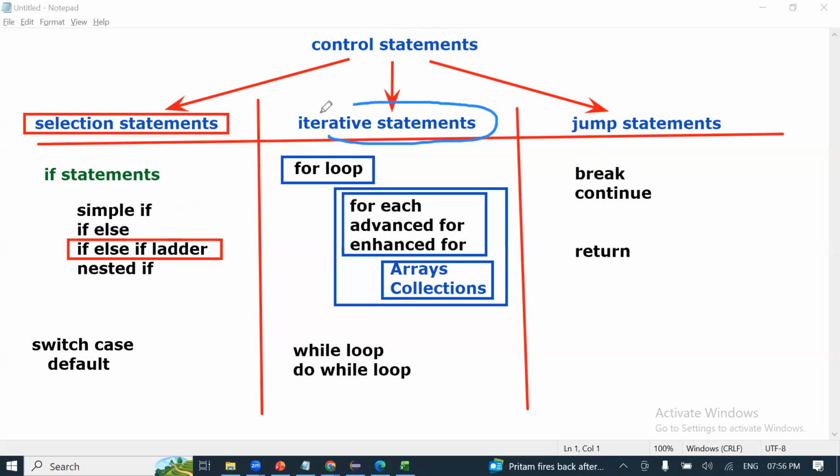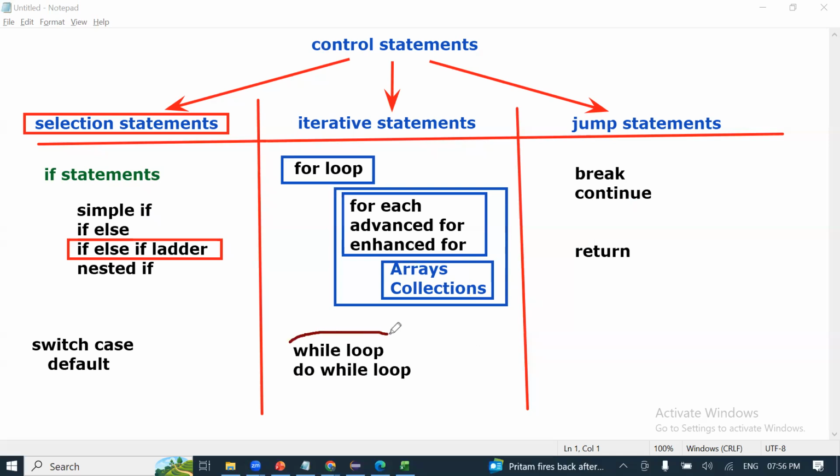Iterative statements: you have for loop. A slight variation of the for loop is called for each loop, advanced for loop, or enhanced for loop. It is used with arrays and collections.